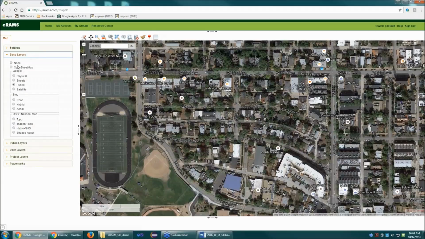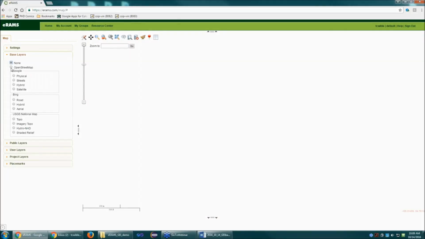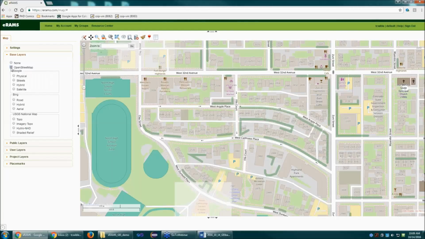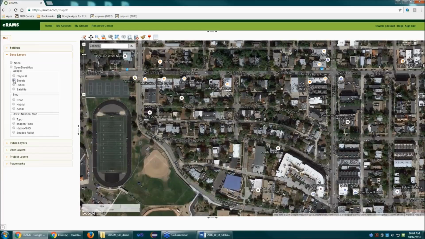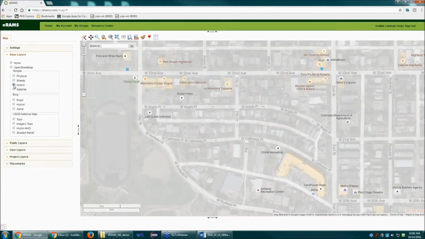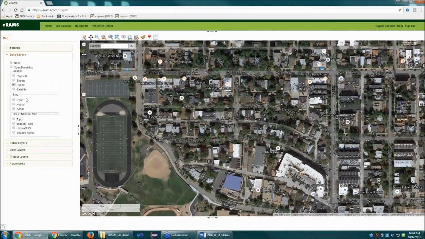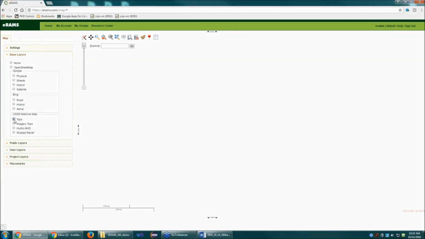So you can modify the image back here that's sitting behind all of your uploaded data. You can make it absolutely nothing. You can toggle between some of the different options we have, like OpenStreetMap, which is a product out of Europe. You can do Google Maps, if you want a physical map, if you want the street map only, or if you want a hybrid between the two. We've also got Bing, and then we've got a few of these others from USGS that include topographic maps and imagery topos